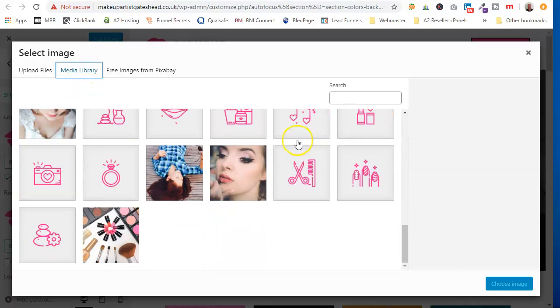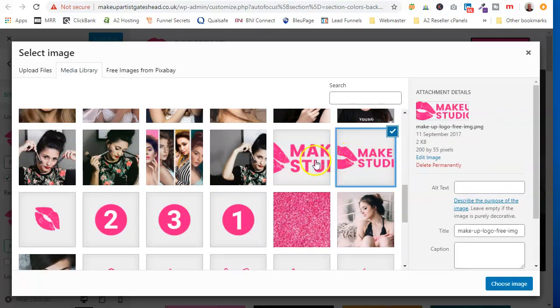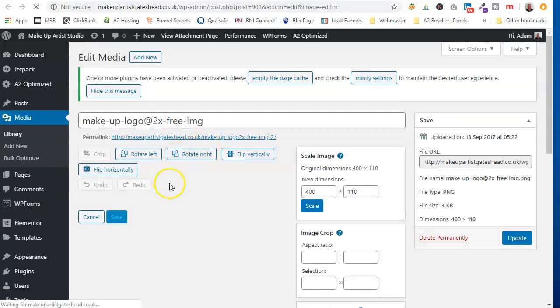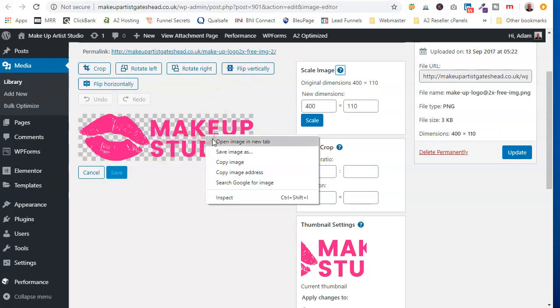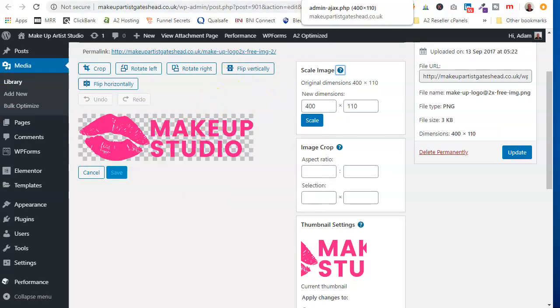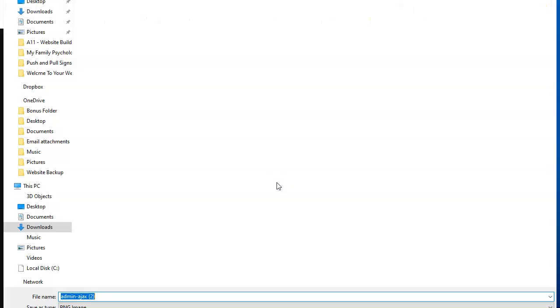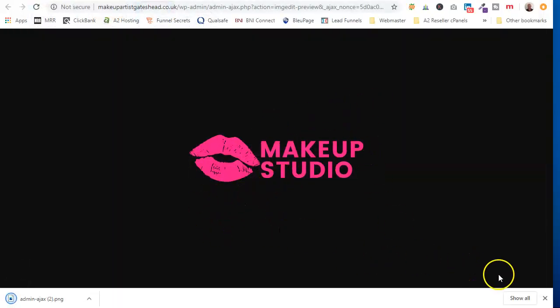If we scroll down, we should find, so if we click into the image, edit image, should open it up. Okay, what we're going to do, save that image, save that into our downloads folder,